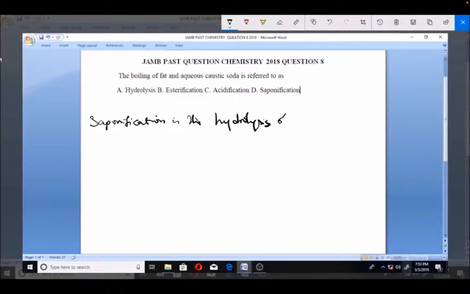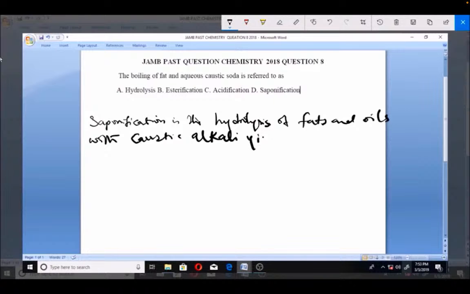Hydrolysis of fats and oils with caustic alkali. You can see this in the definition given, making saponification the right answer. Hydrolysis of fats and oil with caustic alkali, yielding or producing propane-1,2,3-triol,